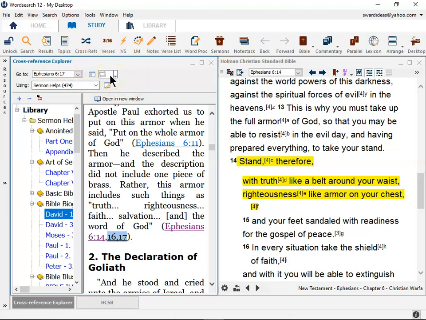And you can have as many of these windows open as you want to. You can have 5 or 6 of these windows open. I don't recommend that. If you're preaching from 2 different texts, one in Ephesians, the other in 1 Corinthians, then you may want to. Again, I don't think that's necessary. I think you need to study a passage and then move on to another passage. If you're doing expository preaching,